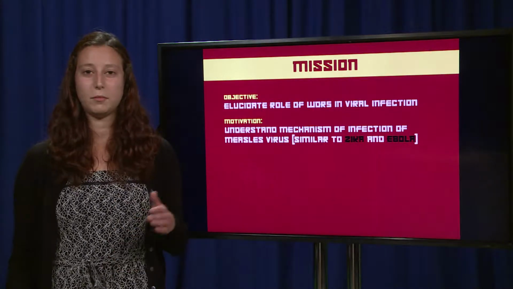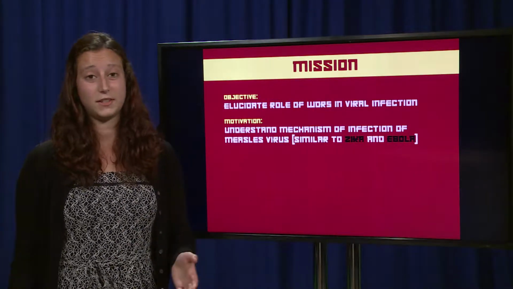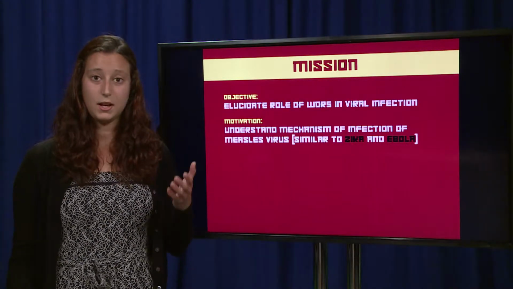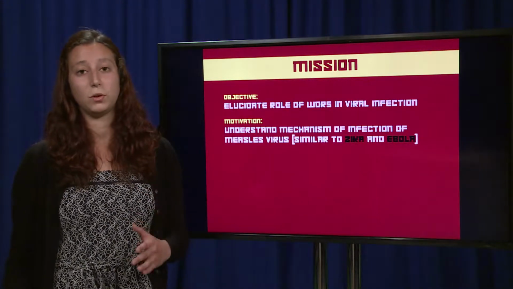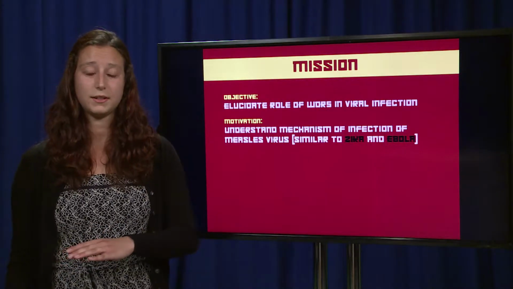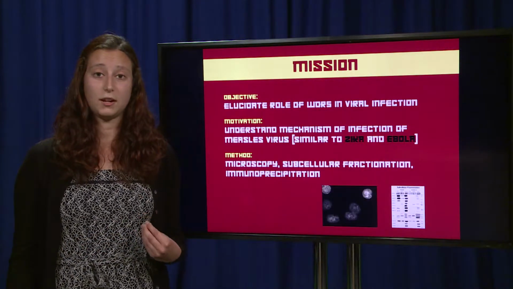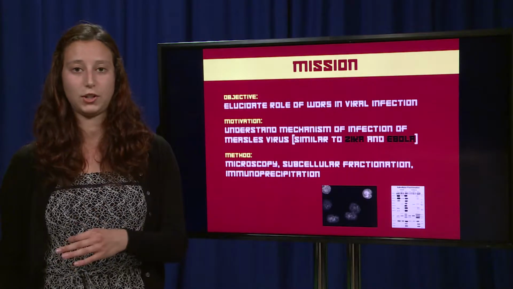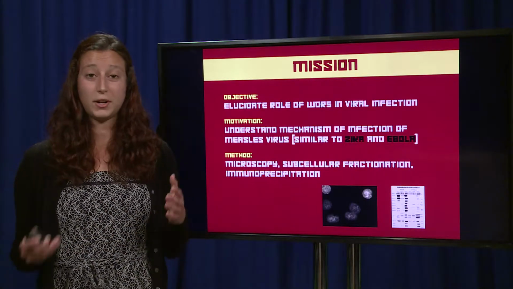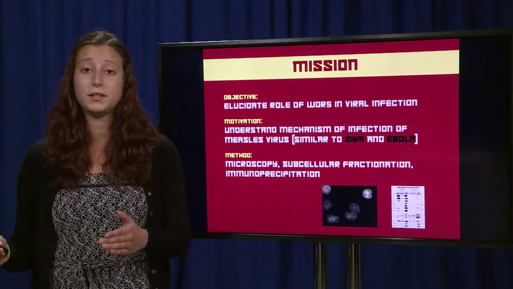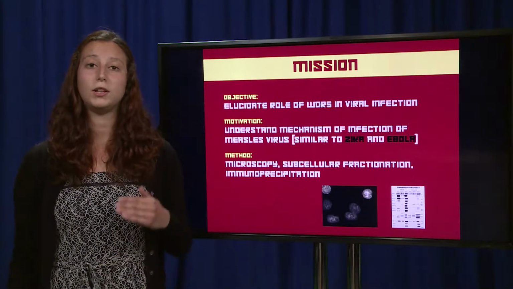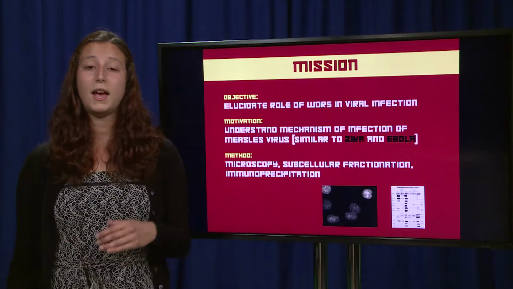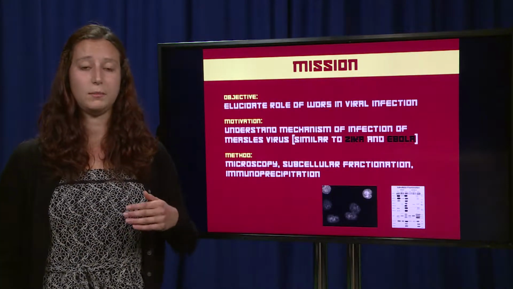The infectious mechanism of measles virus is very similar to that of Zika and Ebola, so by better understanding the role of these viral accomplices in measles, we can better understand the role of these proteins in these other two viruses. My research tackles this question by using microscopy and subcellular fractionation, which is biologist for separating a cell into its individual components in order to gather information about the localization of WDR5 under different infectious conditions, and further uses